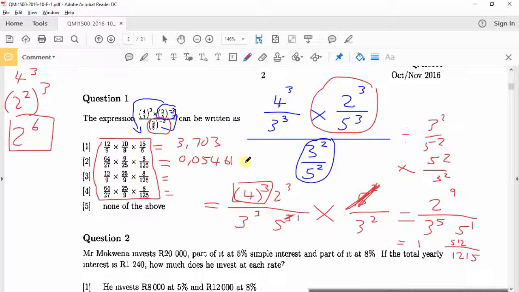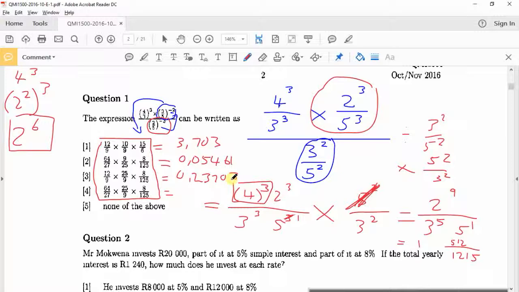Okay, and then 12 over 9, 25 over 9, 8 over 125 gives you 32 over that as a decimal, 0.23703. Okay, and then here we had equals 64 over 27,